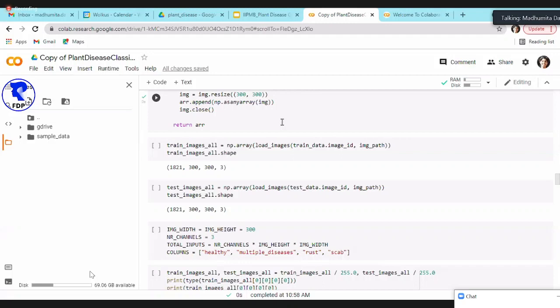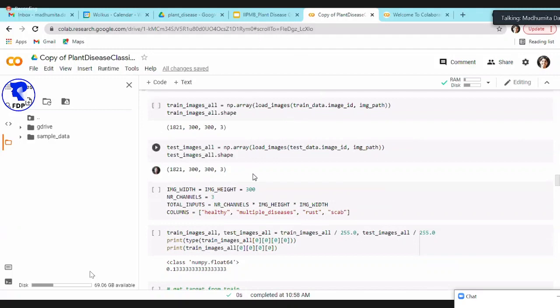I mean, if the file is not found, there could be two things: that file is not available because your G drive is not loaded, or you haven't added this folder to the G drive. So that's the part of debugging. It will throw you an error, and you have to read the error and try to understand what could be the problem.